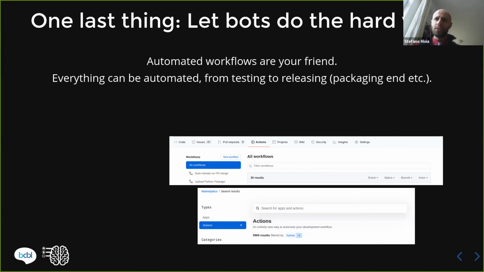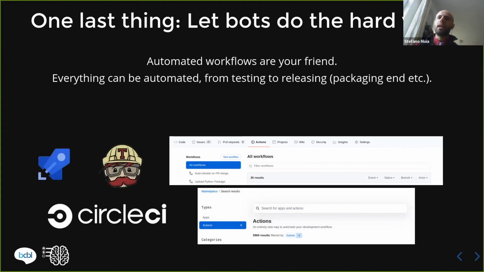It doesn't even need you to script it. And in any case, GitHub is not the only place where you can host your workflows. Other common options are external platforms such as CircleCI, Travis, or Azure pipelines. And all of those are basically hosts for workflows to be run on.